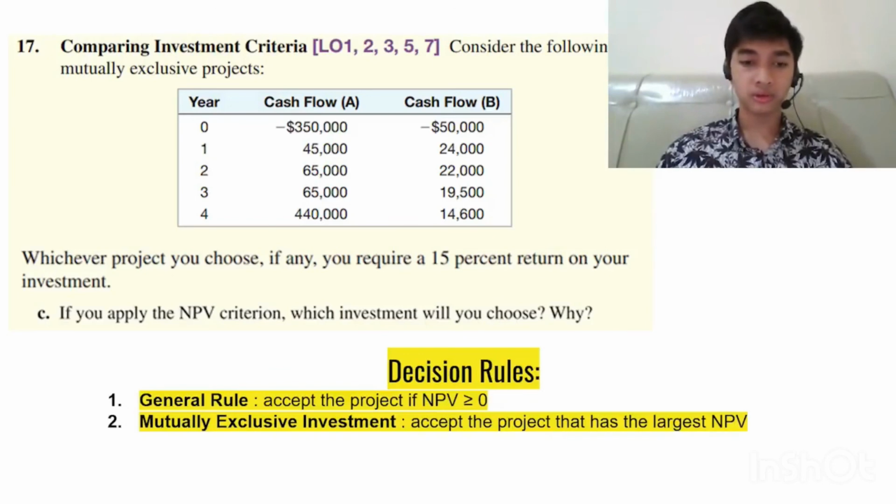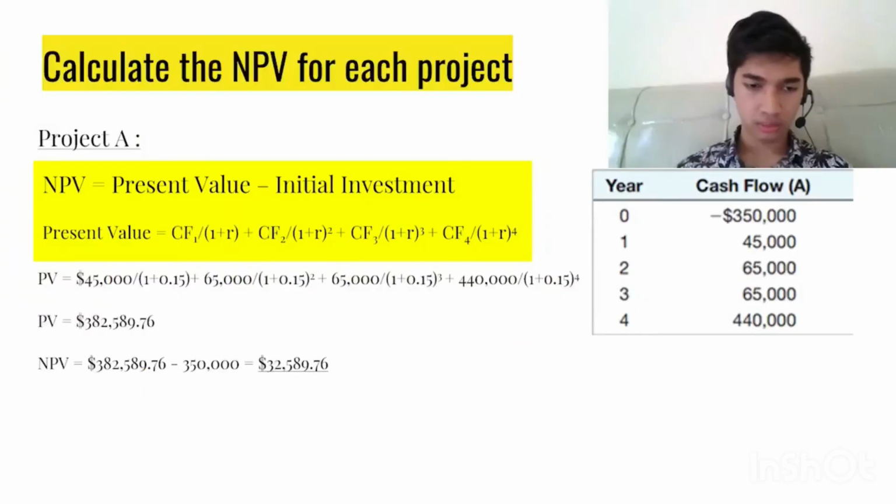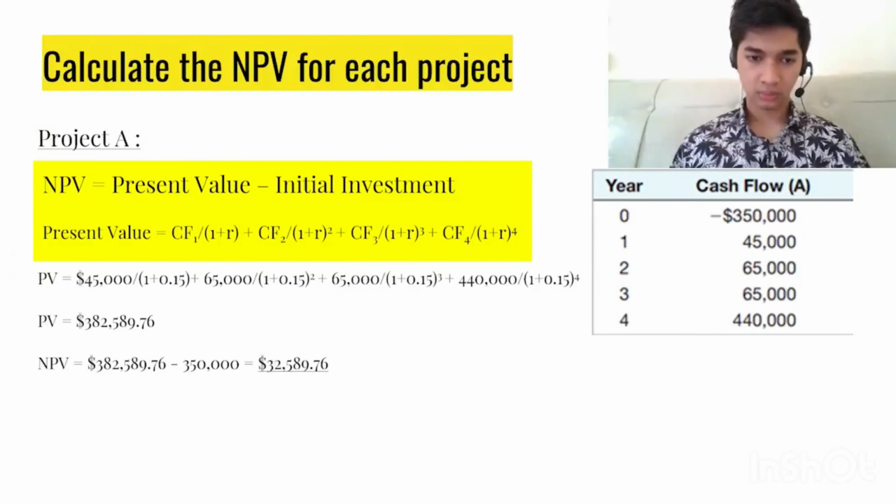The general rule states that we should accept the project if net present value is more than or equal to 0. And the mutually exclusive investment rule states that we should accept the project that has the largest NPV, more than or equal to 0. Now we will calculate the NPV for each project. First, we will calculate project A. The formula of net present value is present value minus initial investment, which means